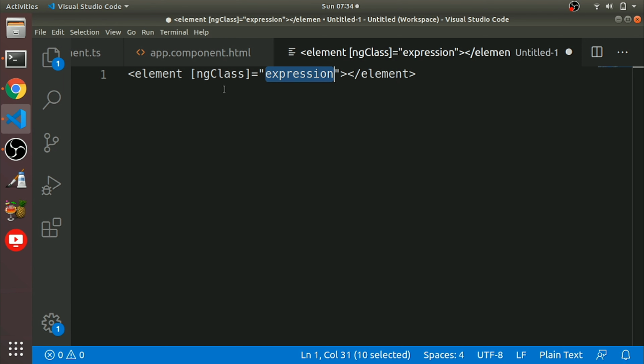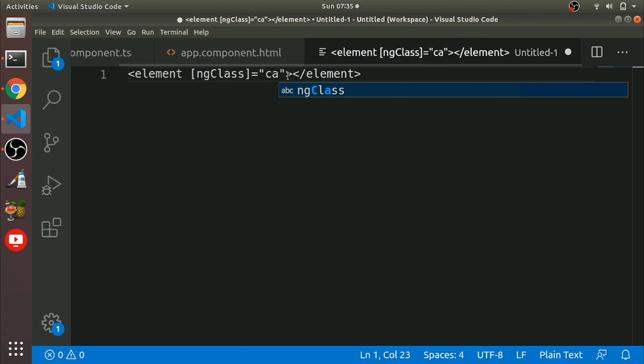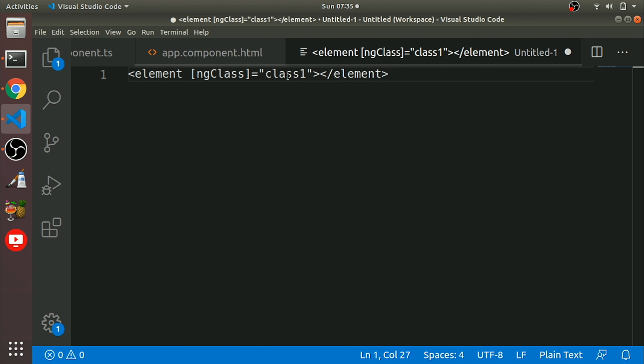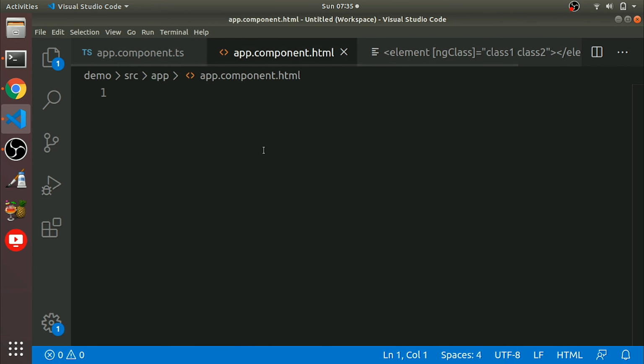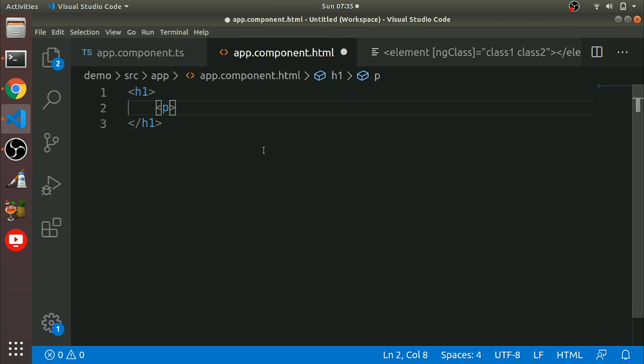So let's have an example. We can write ngClass equal to class1, class2, like this we can put. Let's have some example. Let's add a paragraph and I put something like ngClass demo.